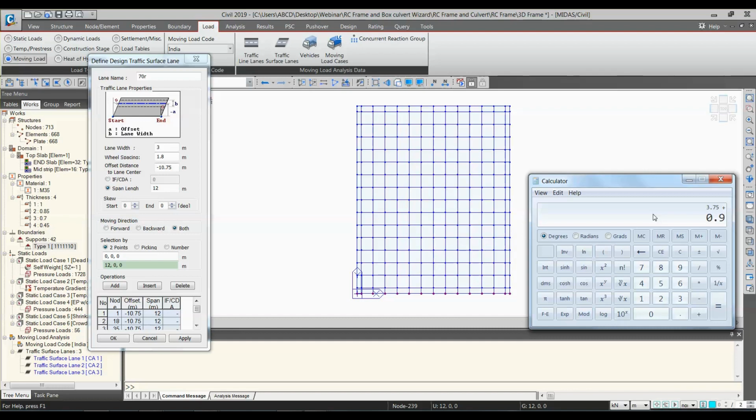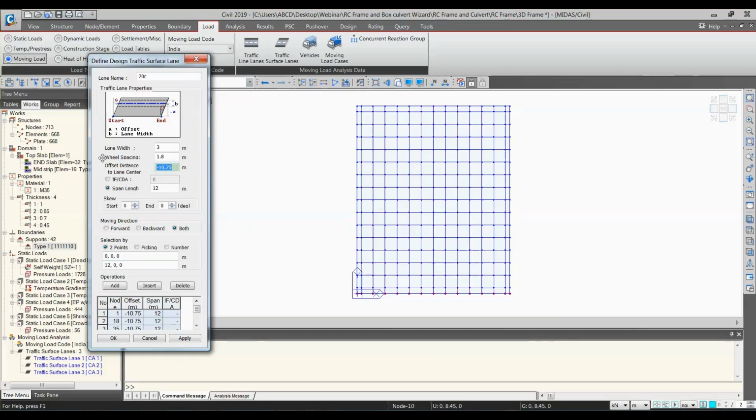So the remaining would be 0.9 plus 0.25 plus clear distance 1.2 plus, now here the wheel width of class 70R is 0.86, so I will use 0.43 plus 1.93 divided by 2, so 7.495, so minus 7.495, and wheel spacing is 1.93. I'll delete the existing table and will add the 70R vehicle.